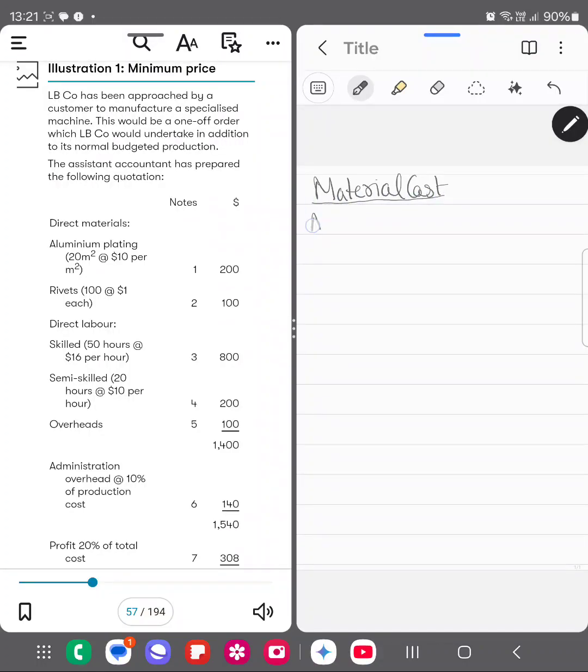First we have the aluminum plating, and the cost of aluminum plating should be